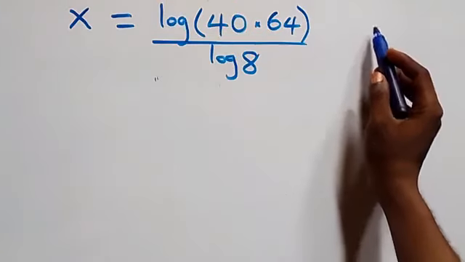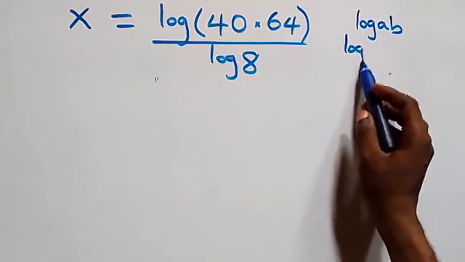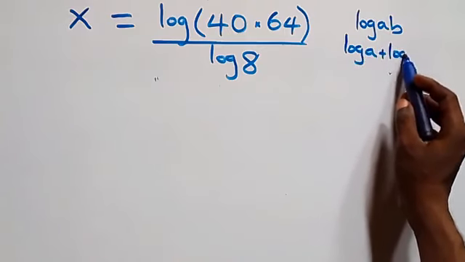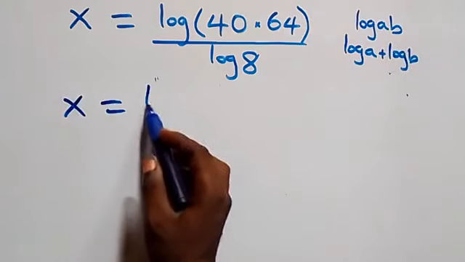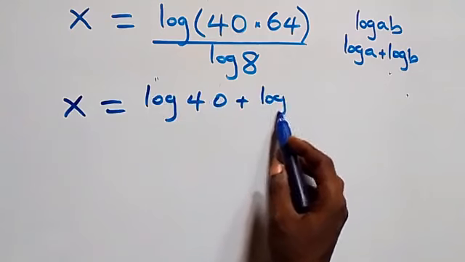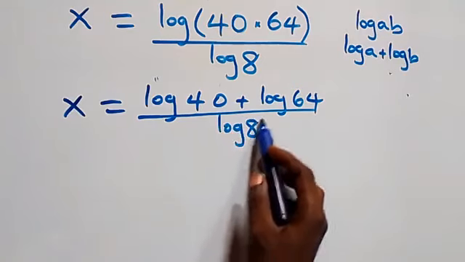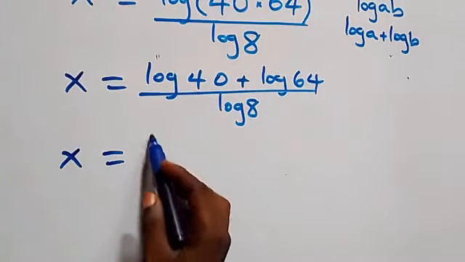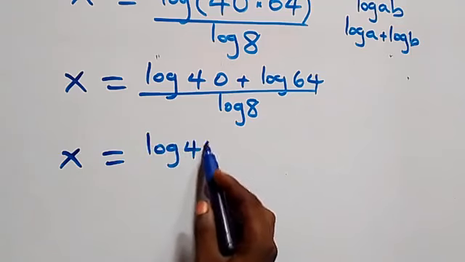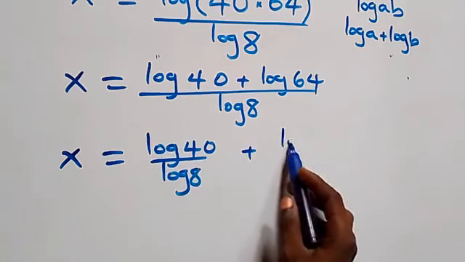Then, what we have here follows from the law of logarithm. When we have log a times b, the same thing as log a plus log b. That is, what we have here becomes x equals log 40 plus log 64, all over log 8 here. The next step, we separate this into two fractions, and what we have becomes x equals log 40 over log 8 plus log 64